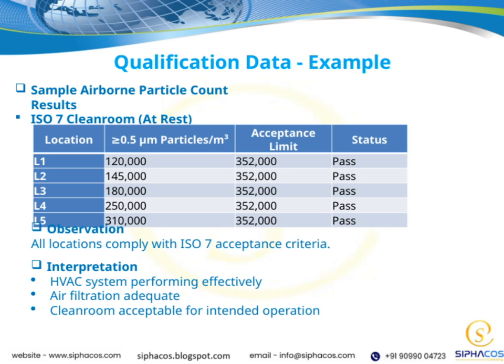Let's take a quick look at the table. For each location, from L1 to L5, you can see the particle counts for particles of 0.5 micrometers or larger. The counts range from 120,000 up to 310,000 particles per cubic meter. Importantly, all these values are well below the acceptance limit of 352,000 particles per cubic meter, so each location has